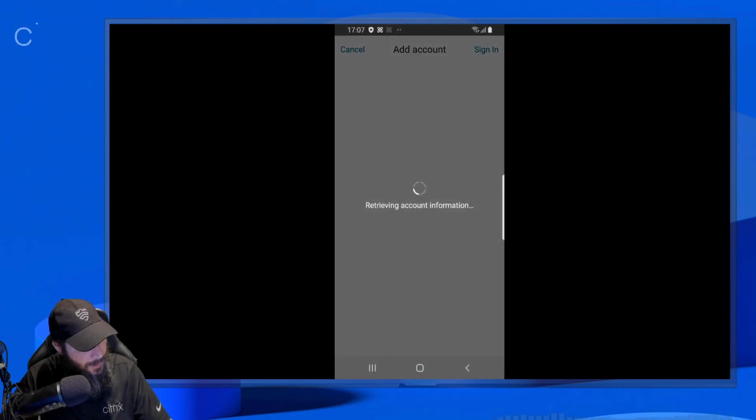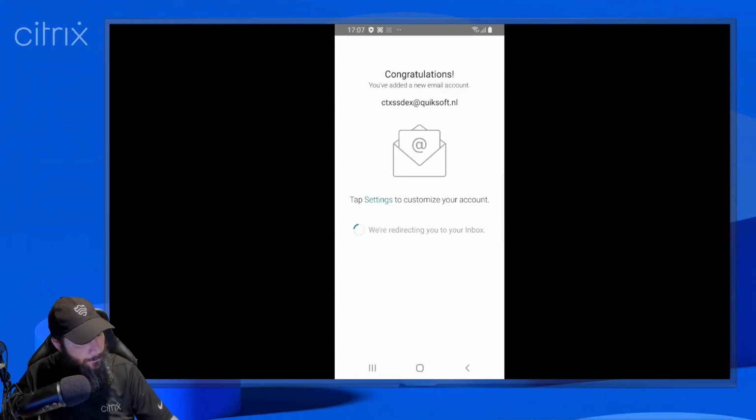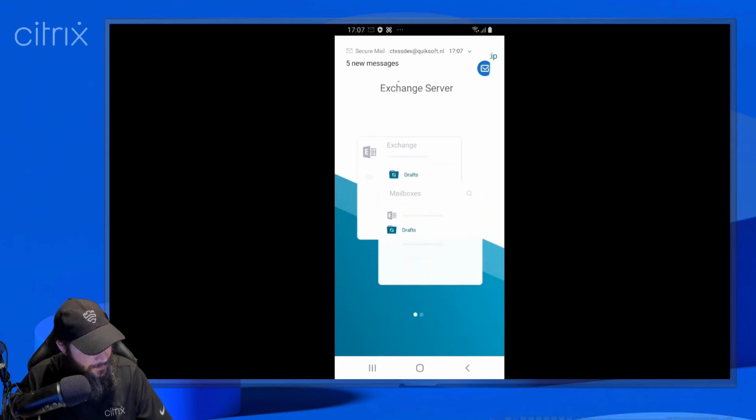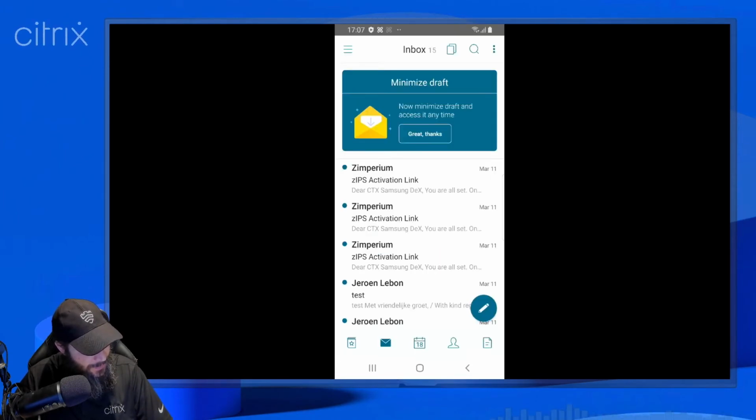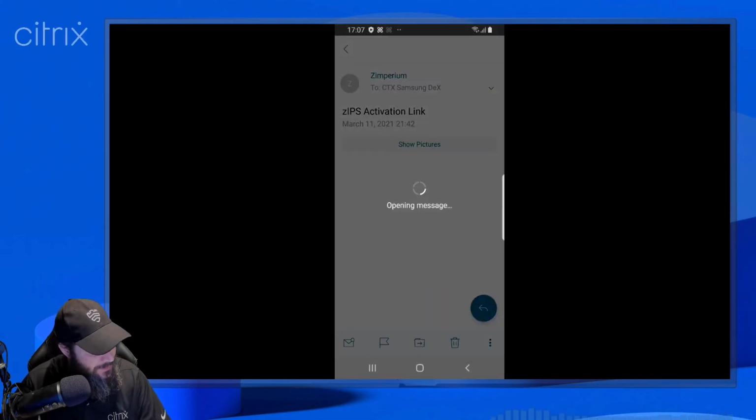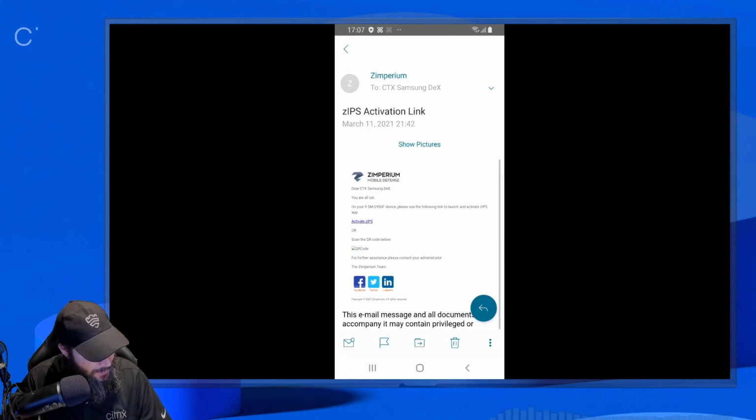To retrieve the account information that's verified, and then your email will be synced to the device. You first of course get the nice new look and feel with the new colors, with some tips and tricks, and you see now that the MTD also has sent an activation link, so we can activate